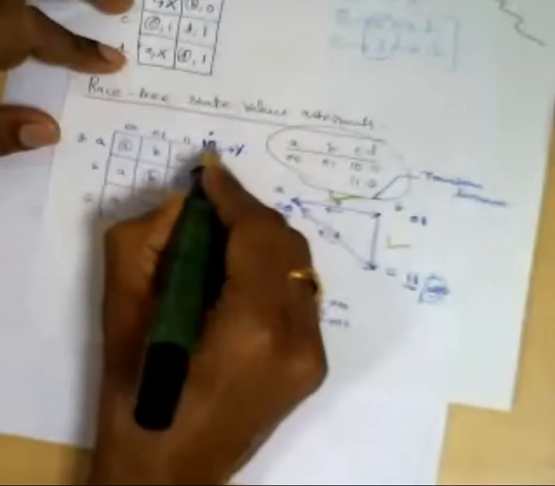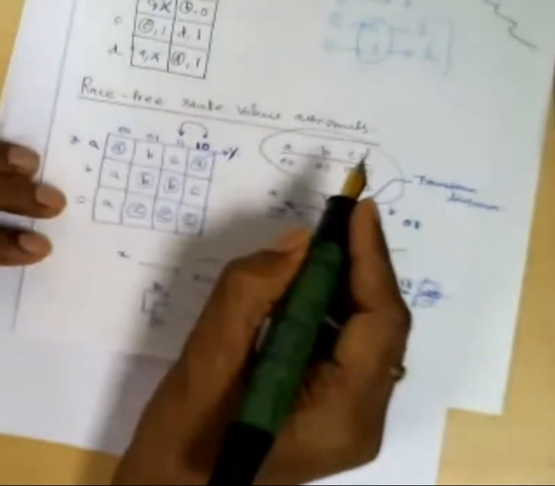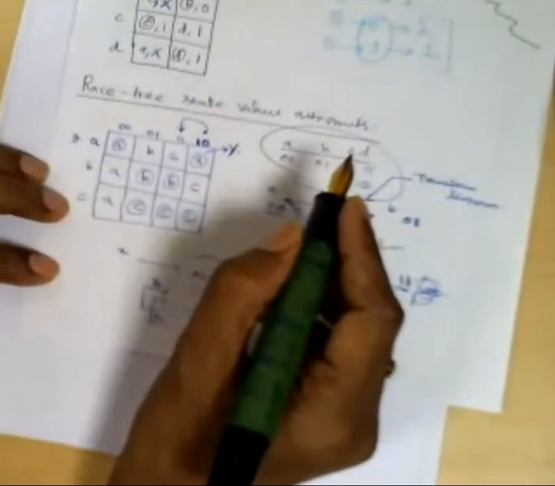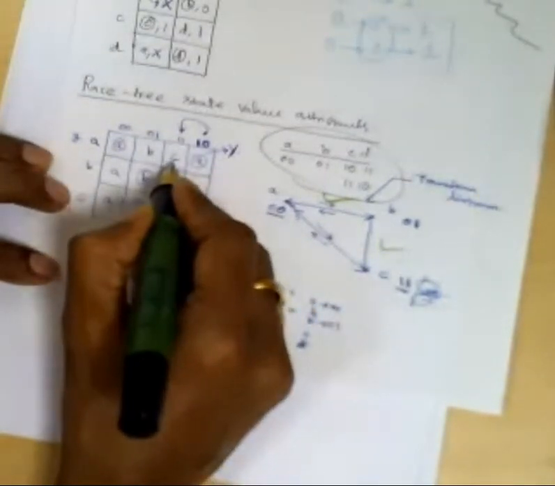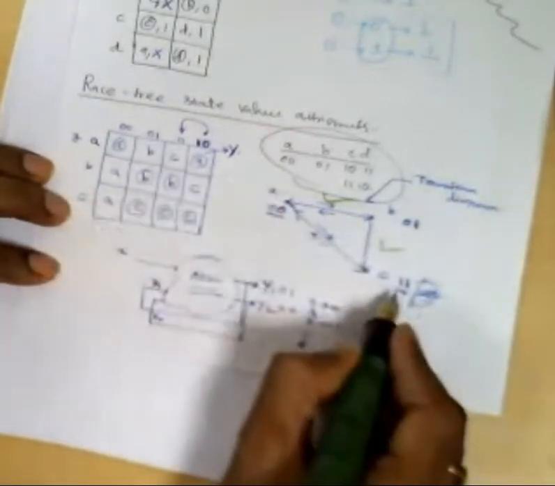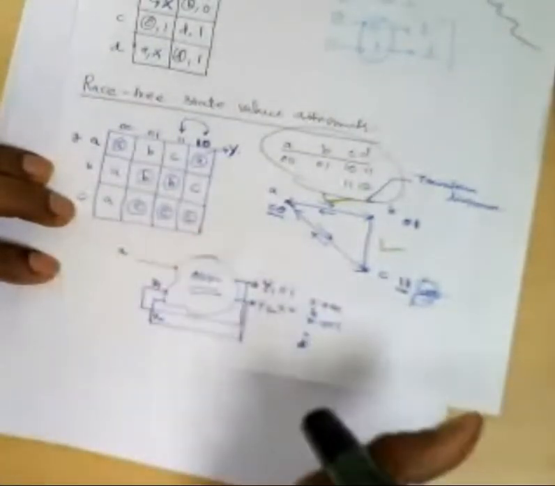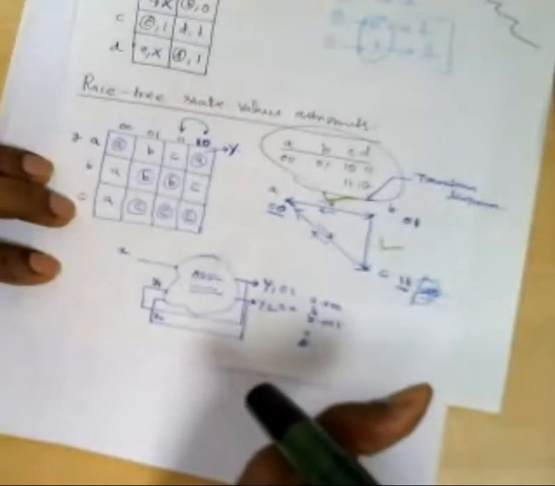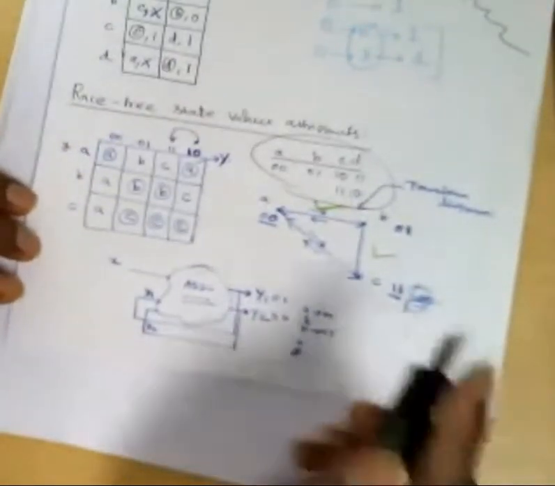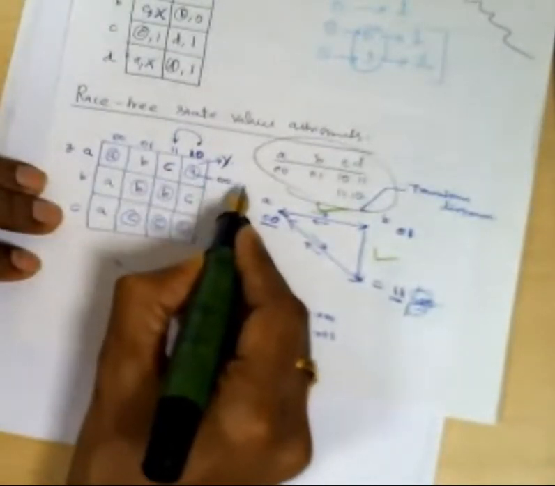Now the input is changed into 1, 1, because that is allowed, no? One input change is allowed there. So 1, 0 is changed into 1, 1. When 1, 0 goes to 1, 1, what happened? What is the next state now? C. It should go into C now. So for C, we have assigned 1, 1. It will go to C. In C there is a stable state. The circuit will get stability now. But if 1, 1 is not happening, correct? That means in C, it should go to C state. C state means 0, 0. This should become 1, 1.